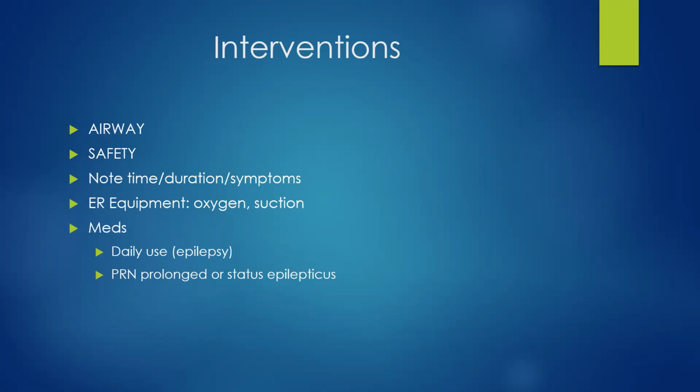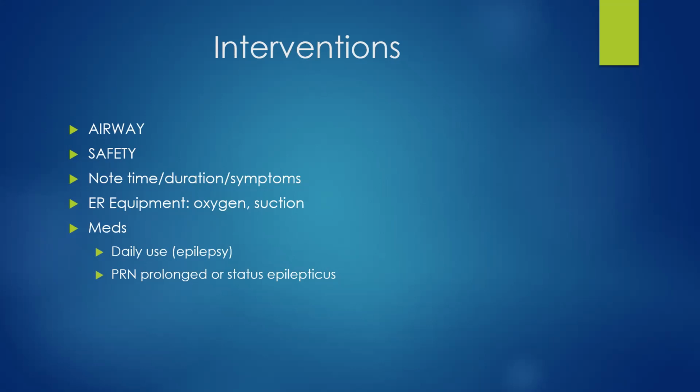In an emergency situation, especially, or really only in an acute care setting, because you can't really do it with a patient walking around in the community, but when they're in the hospital, you definitely want to have oxygen set up. You want to have suction set up. You want to have the side rails put up and padded for safety. And then you also want to make sure you have IV access because if they go into status epilepticus, which is a very long seizure or a seizure lasting greater than 5 minutes, you definitely want to give some sort of medication to stop that activity.